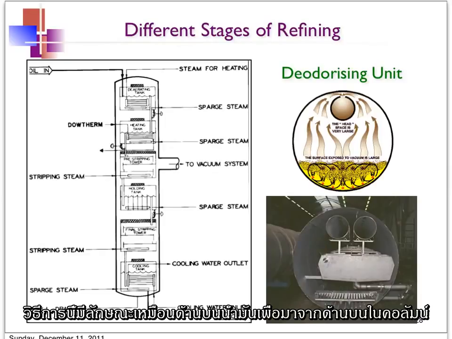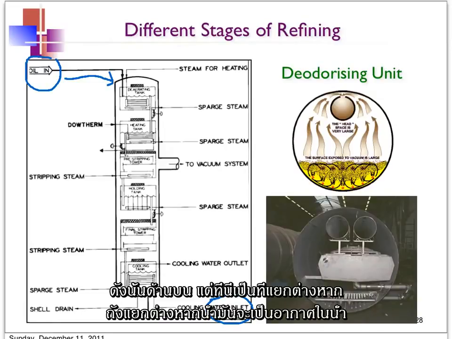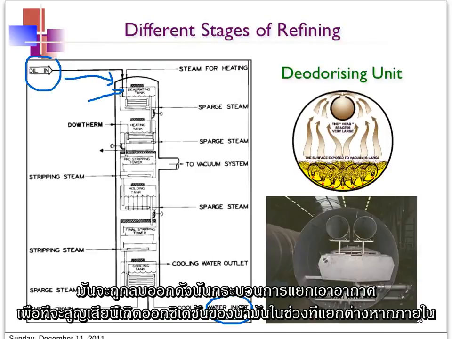So basically the oil comes from the top into the column, and will go through several stages of stripping of the volatiles when it comes into intimate contact with the steam, and finally it will come out here as the deodorized oil. On the top part here is the aerating tank where the air in the oil will be removed. The aeration process removes the air so that it will reduce the oxidation of the oil during the deodorization